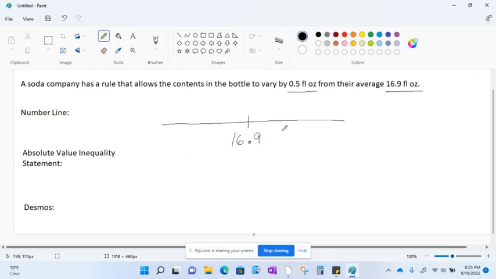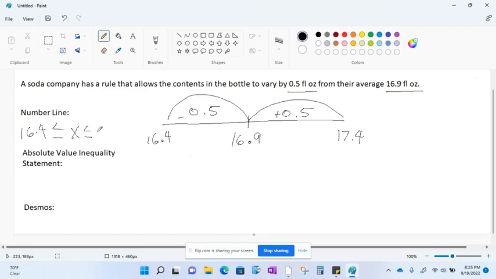We know that we can step up 0.5, which would leave us at the number 17.4. We could also step down 0.5, leaving us at 16.4. Now with this, we know that our domain has to be in between these two numbers. So we could write this as 16.4 is less than or equal to x, which is less than or equal